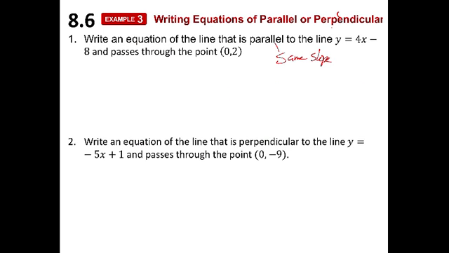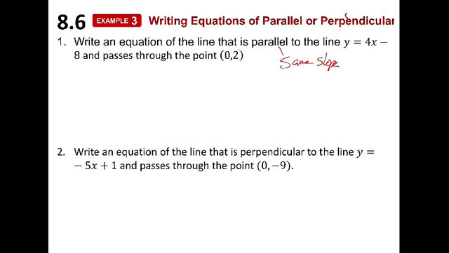So, for this, our slope is going to be the same as we had, 4. Remember, that's our slope, and our y-intercept is, well, I guess it's negative 8. Now, where it crosses the y-axis, that is our y-intercept. So we have the point (0, 2), which means the y-intercept is just